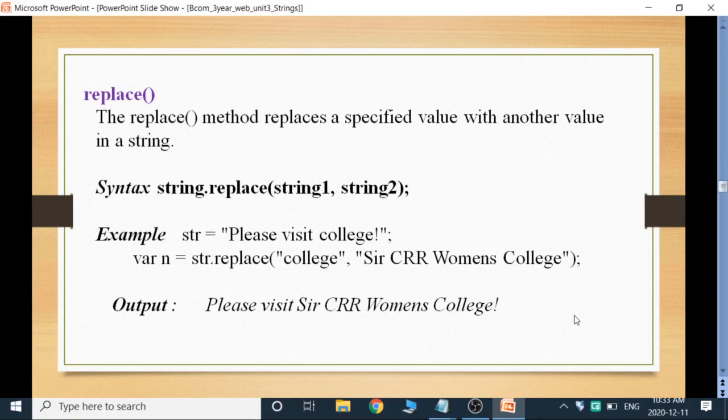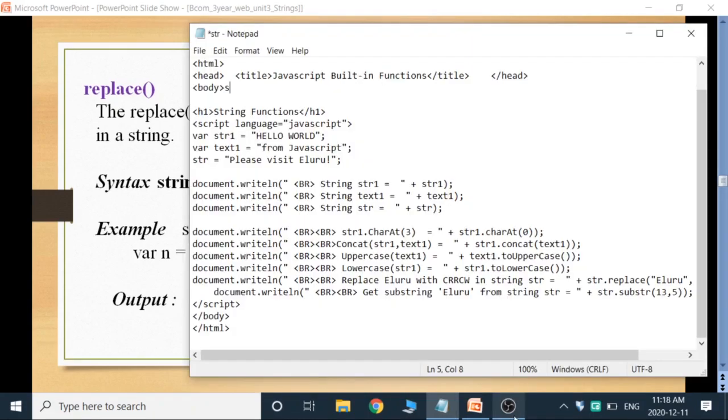Let's see the example for this program. This is the program for string manipulations. HTML head section. This is the sample program for string manipulations. HTML head, title, body, h1.